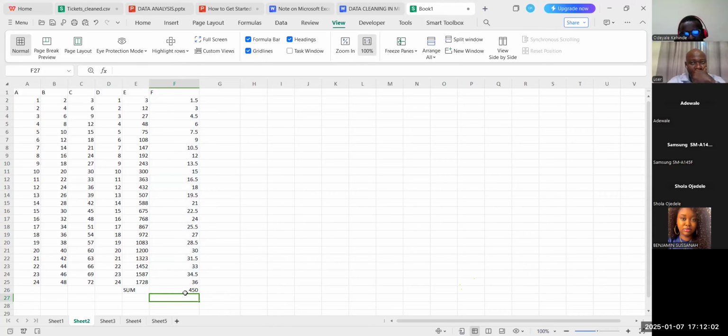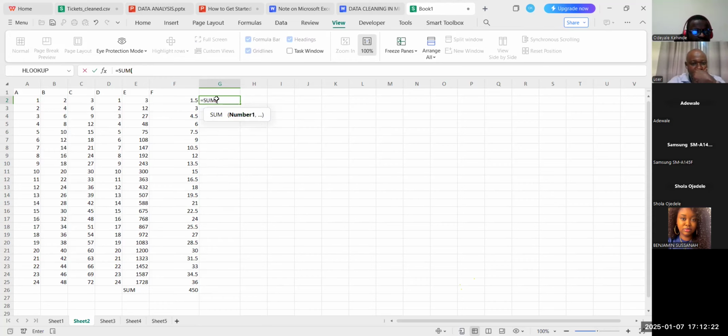So that is a sum. You can add column-wise, or you can add row-wise. So you can add all this row, maybe A2 to F2. You can have it like this, equals sum in bracket A2